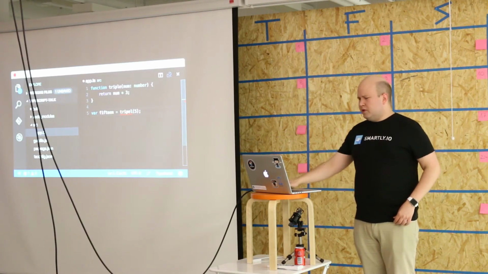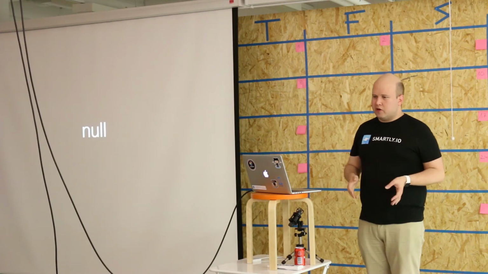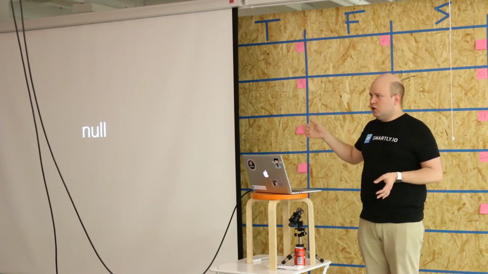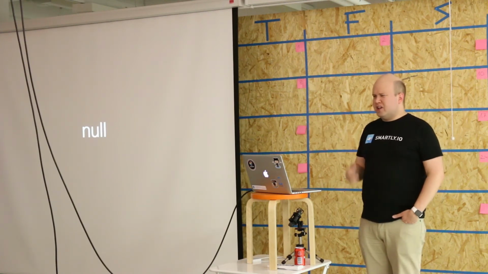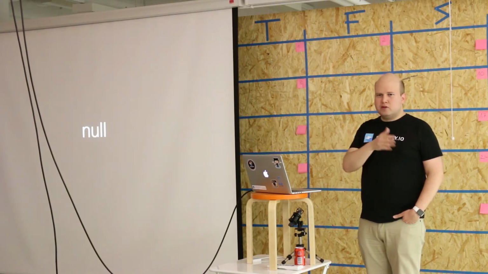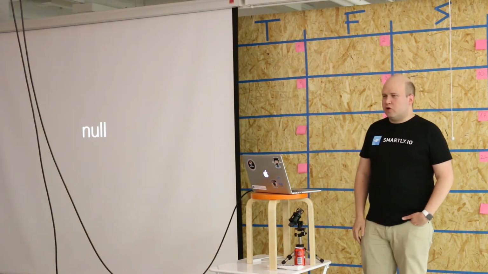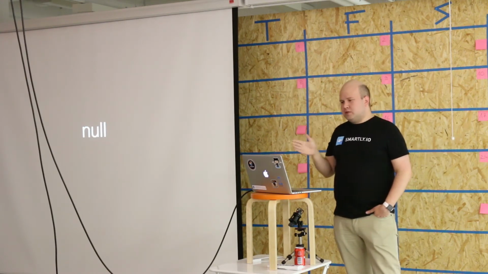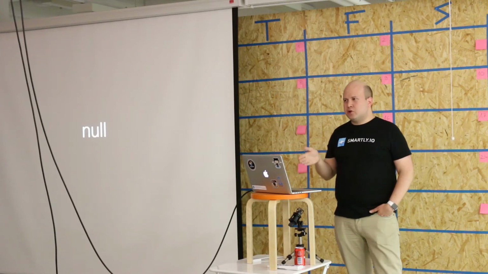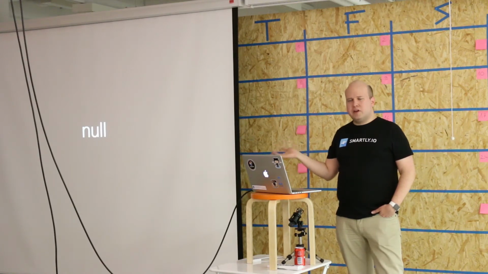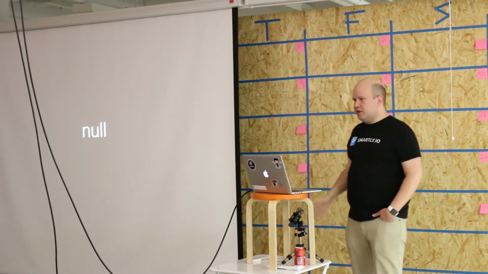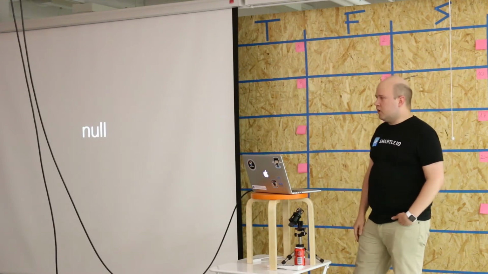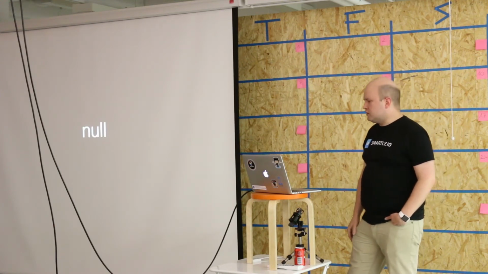Cool. There's also a bunch of programming errors caused by the invention of null. As you know, it doesn't have many of your favorite members or properties that you were looking for. So actually, some of these tools also help you make sure that you handle the case where some function might return a value that is null or undefined. So these types of bugs can often be caught with static analysis.